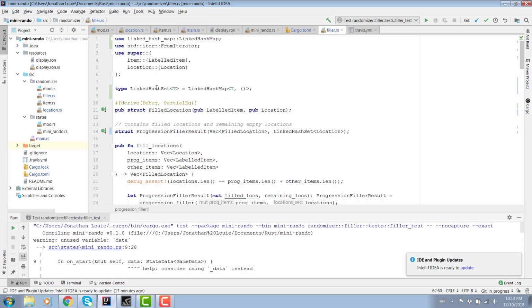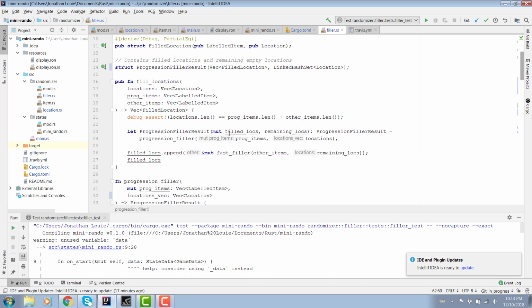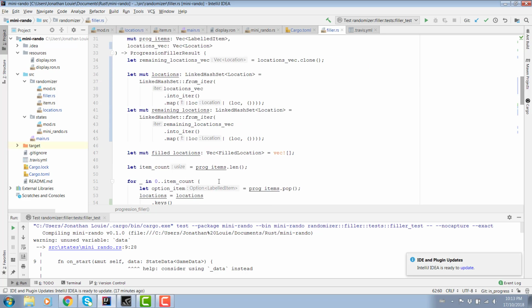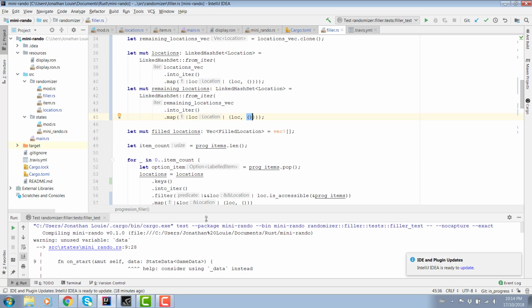This is a little bit of a misnomer, I admit. It is just a type alias for this specific variant of a linked hash map, but it does what I kind of need it to. Because you aren't going to use the values at all in this implementation. So calling it LinkedHashSet isn't really too far off, I think.